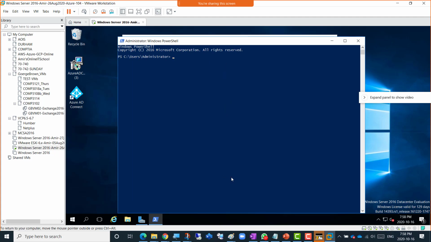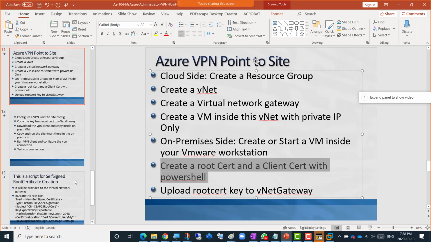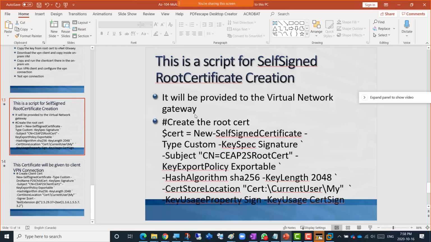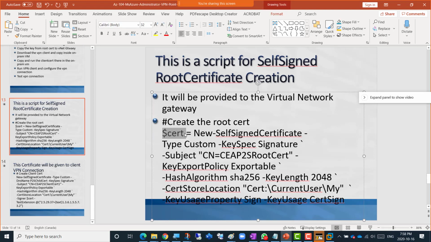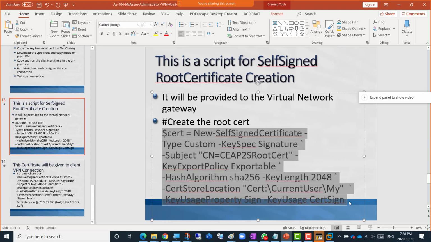Now the first script creates a root certificate, a self-signed certificate, that will be connected to the virtual network gateway. So how do we create that? We just simply copy, paste, and run the script. So I'll simply do that now, and there's the script here. And so I'll just start obviously from the $ sign. It uses a variable there and then puts all the information there. Control C, and just this much,